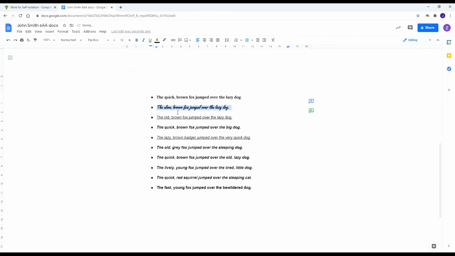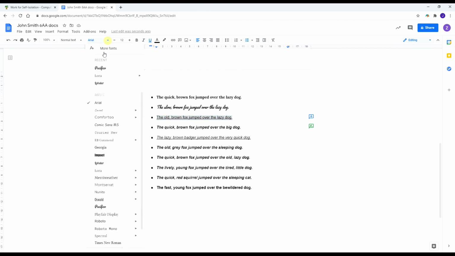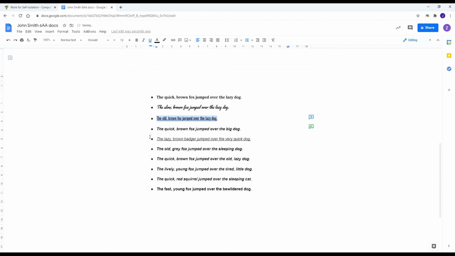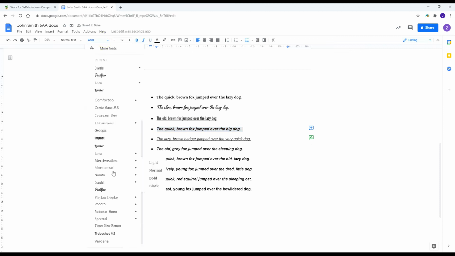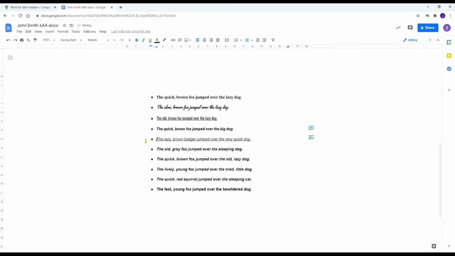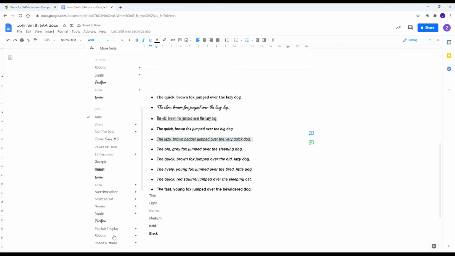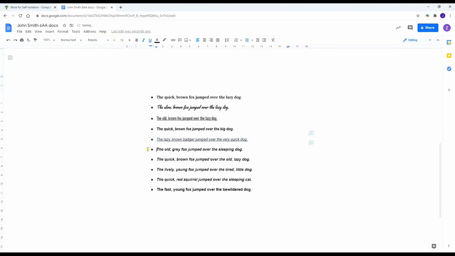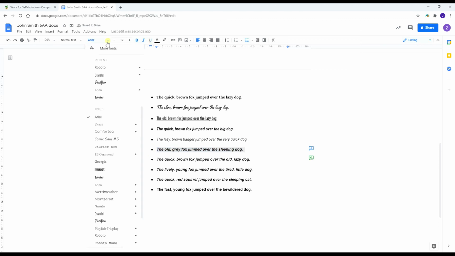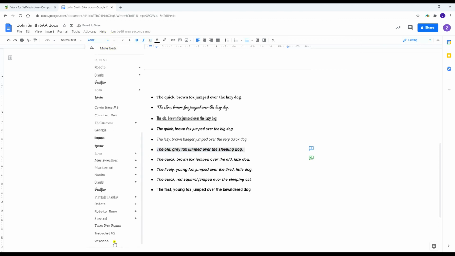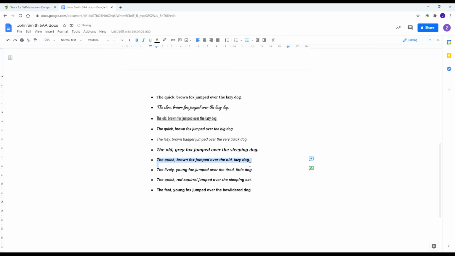Okay, that's slightly difficult to read, but we can still just about see it. So we just highlight each sentence and we're working our way through with the different fonts that are in this program. And we keep on doing that until we've got all of our sentences